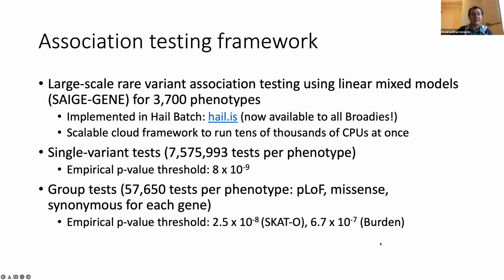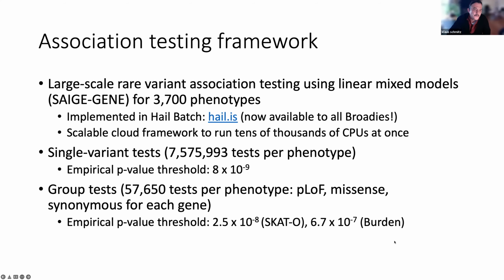My intuition is that the price difference between running just burden and burden plus SKAT is probably about 5 to 10x. So if we can save about 10-fold in costs running just burden tests instead and get 99% of the way there, and then maybe you run SKAT or SKAT-O only on those variants that are nominally significant by burden, you can do two rounds of it if you need to.